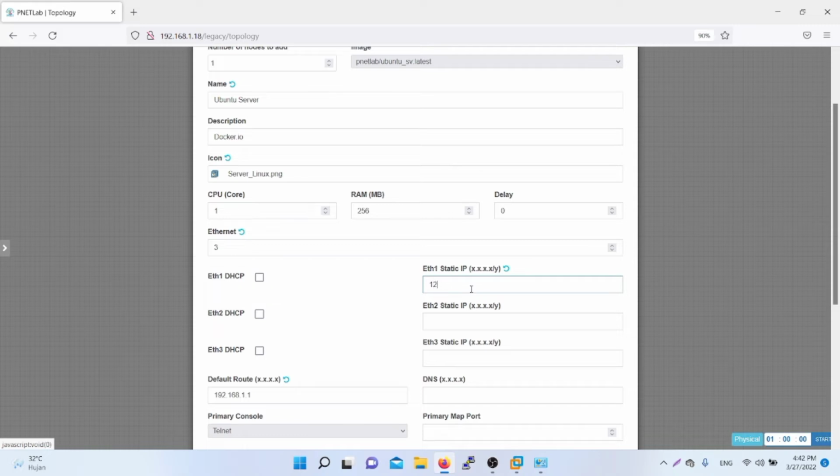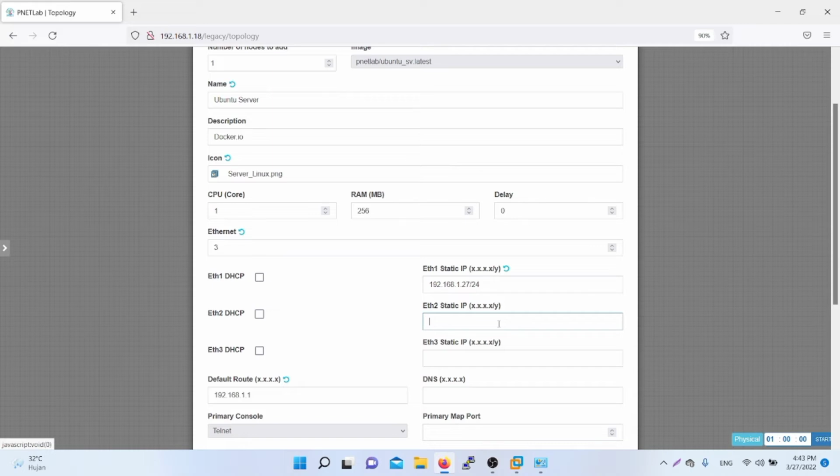And the IP address I choose is 192.168.1.27/24.